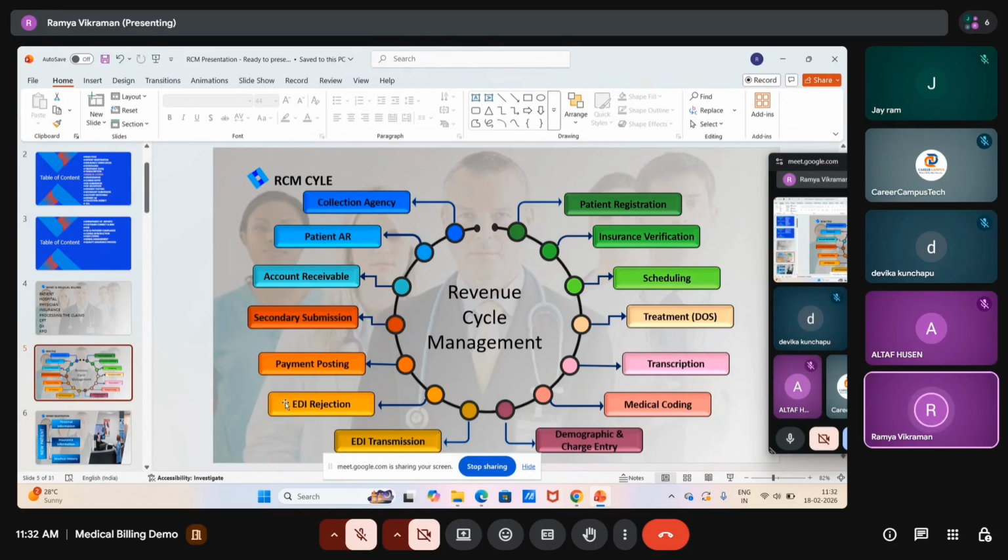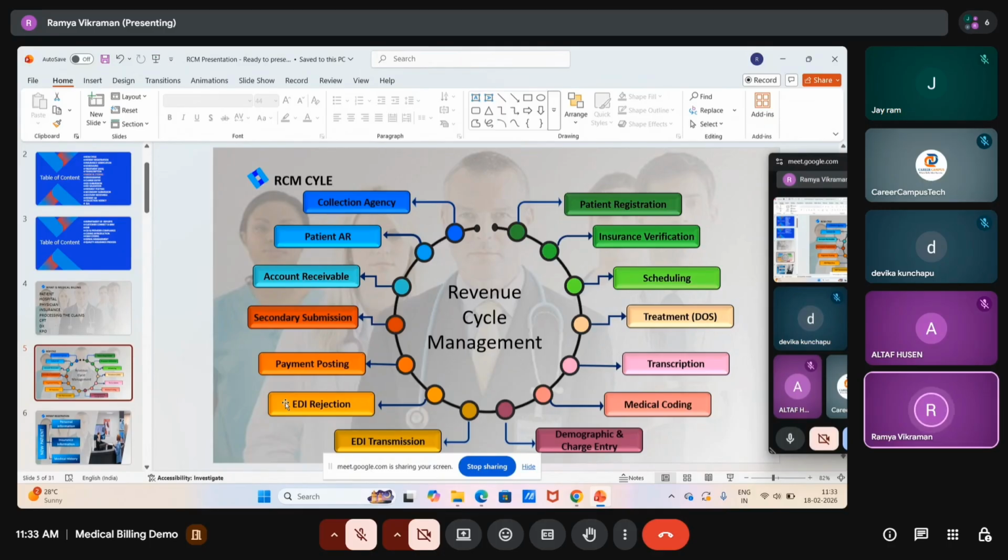When the software is implemented, EDI rejection is a department with an auto-run process. Whatever mistake you have made, it will be intimated to the billing office the very next day. So the very next day you can correct your mistake and send the claim again. The claim processing time is 14 days; within 14 days the provider will get the payment from the insurance. If anything is not identified in one or two days, only after the 14 days will you be able to correct your things.